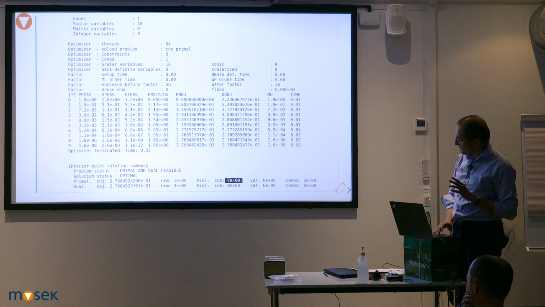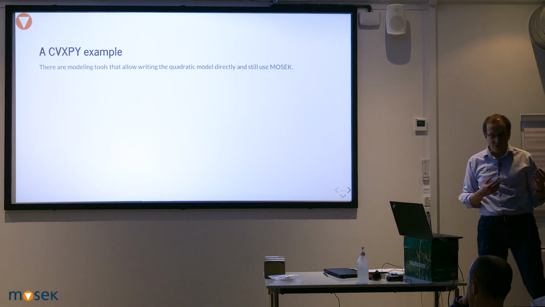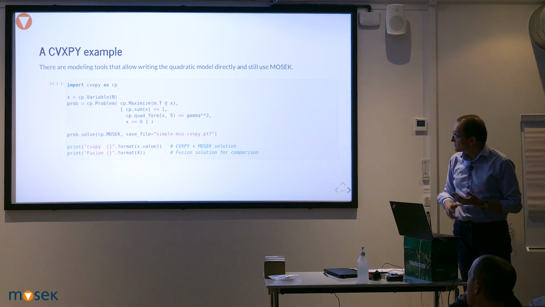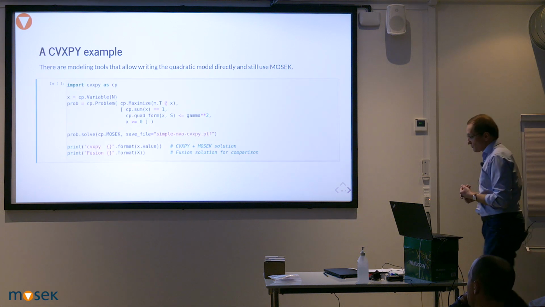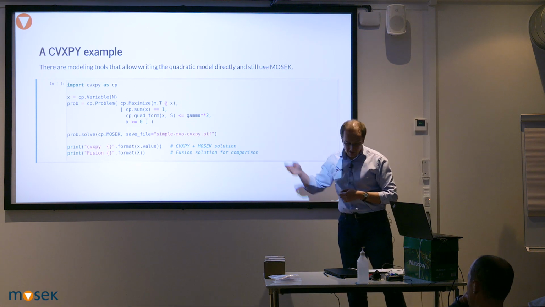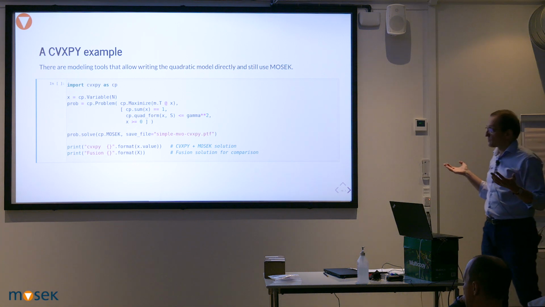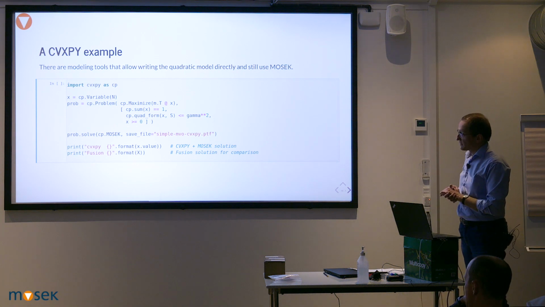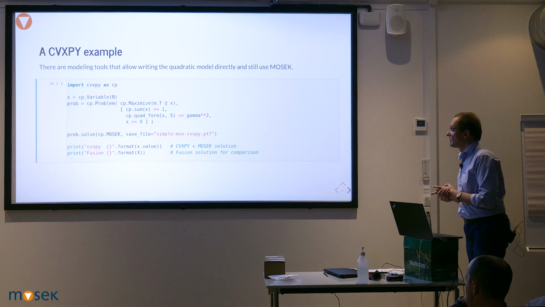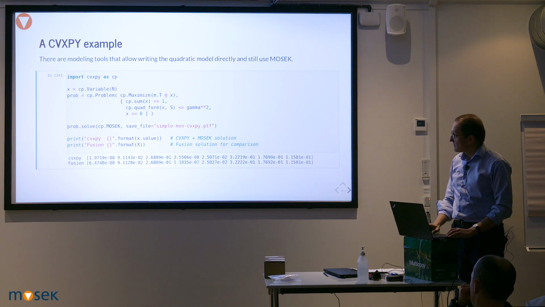Of course, there is this one thing that was already asked, and people sometimes ask, why would I even, in this context, bother with this conversion to the conic form? Why don't I use something like CVXPY, which allows you to write the risk constraint as just an explicit quadratic constraint? But of course you can. There is no problem with that. There are many modeling tools that allow that, and that still allow you to use Mosek. That's perfectly fine. However, you have to be aware that first of all,